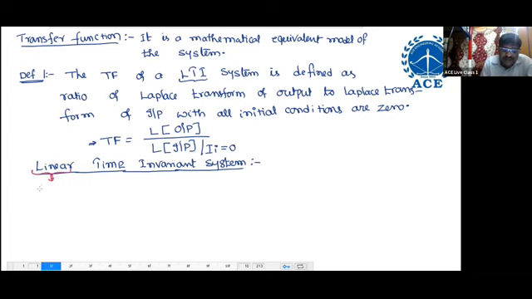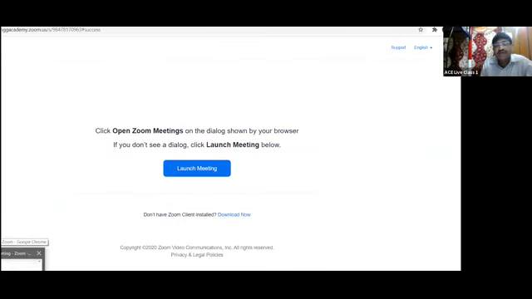To say the system is linear, with respect to system characteristics, the transfer characteristics must be linear. Transfer means V0 versus Vi. If you draw a curve of V naught versus Vi, it should have linear transfer characteristics. Then we can say that